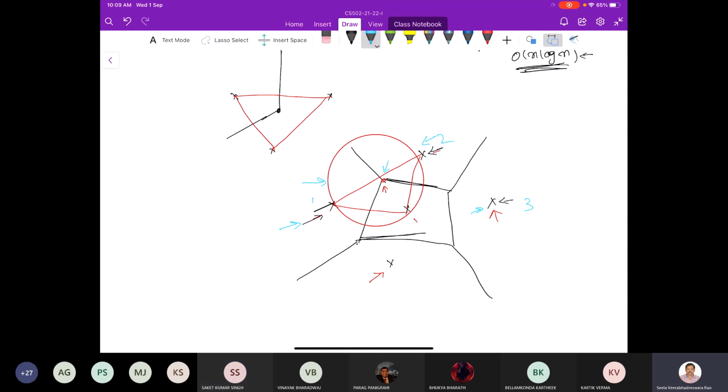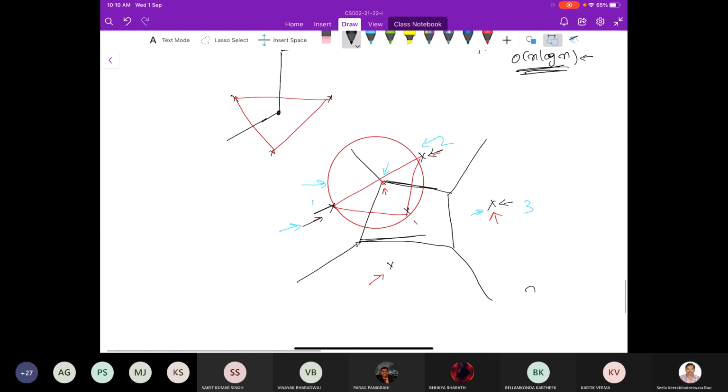So if you look at this property here, corresponding to this Voronoi vertex, there is a triangle in the Delaunay triangulation. If you take the circle passing through the vertices of that triangle, the circumcircle of that triangle is empty. No other site is inside it. Of course, there are nC3 triangles, but only a few triangles have this property. Those triangles will be part of the Delaunay triangulation. Are you able to follow?